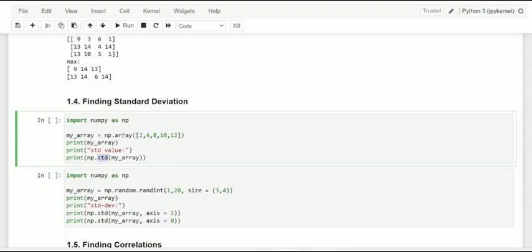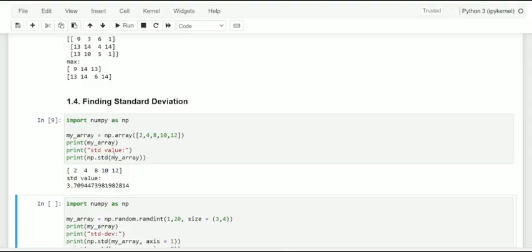Here the given array is my_array. On passing my_array to the std function, that is the standard deviation function, let me explore the result and see here, dear friends, this is the standard deviation value of the given array, which is 2, 4, 8, 10 and 12.